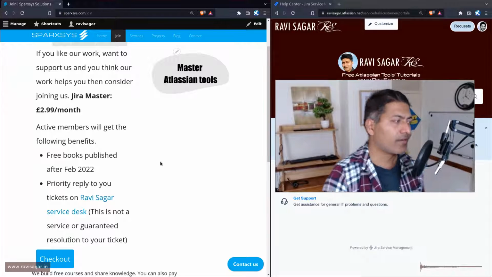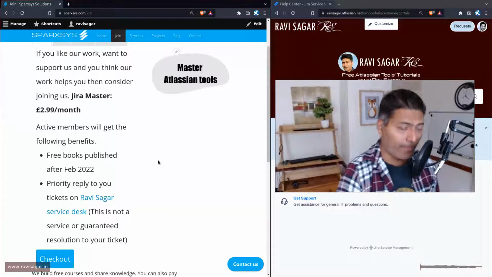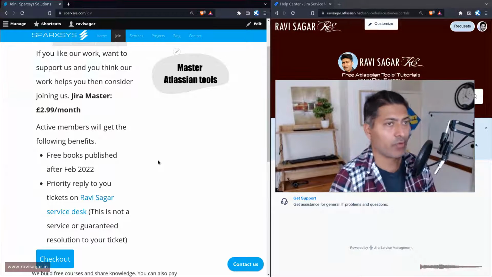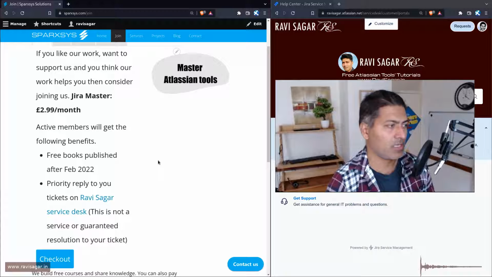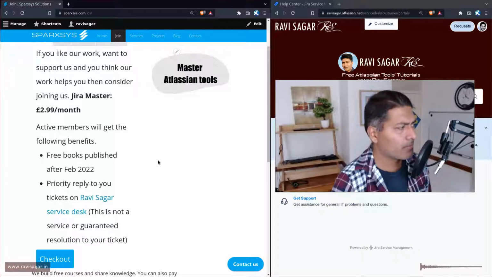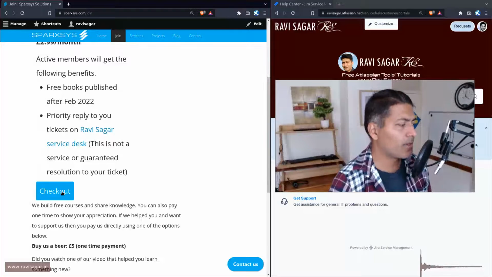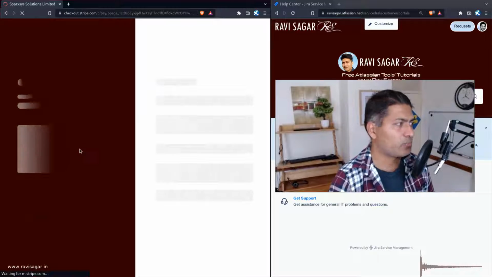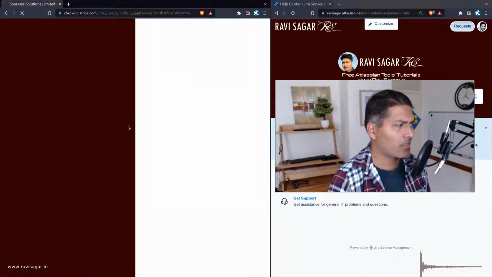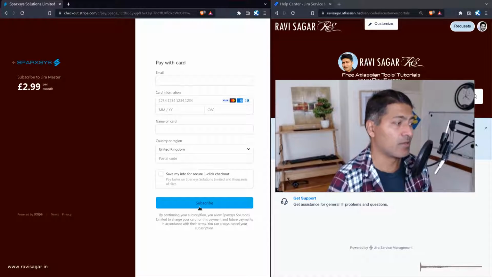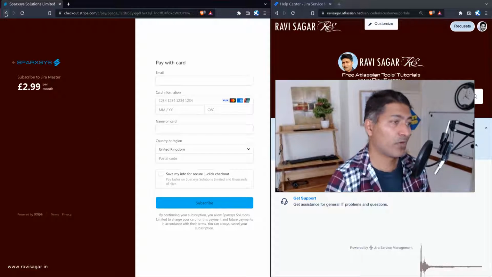Now, the way I've configured it is using nothing but Stripe. I used Stripe, and I configured it to accept the payments. It's not massively complicated, but what you can do here is simply click on the checkout button. It will take you to my Stripe checkout page, and as you can see, the theme is the same. So you can just subscribe to it. That is it. Very simple, and it works really well.